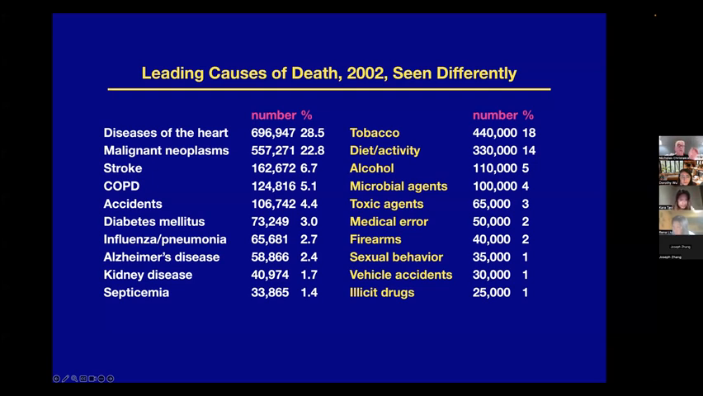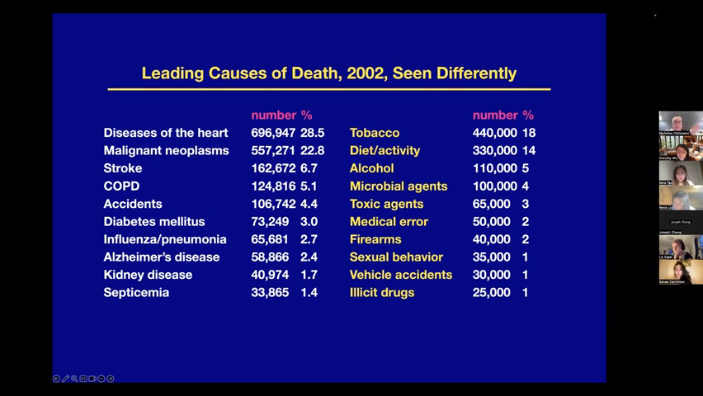But I use 2002 as the benchmark year in this slide because I want to compare them to a list, I think taken from your readings, of a different way of seeing the causes of death. So on the left, we have diseases of the heart, malignant neoplasm, stroke, and so on. These are the top 10 killers. But on the right, we can think of the causes of death in a different way. Tobacco, diet and activity, alcohol, microbial agents, toxic agents, medical error, firearms, sexual behavior, vehicle accidents, illicit drugs, and so